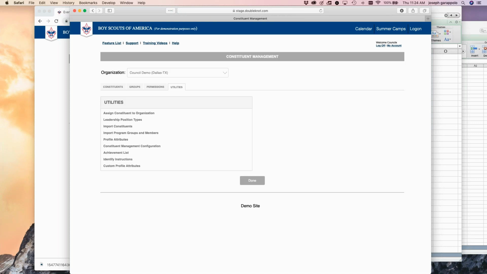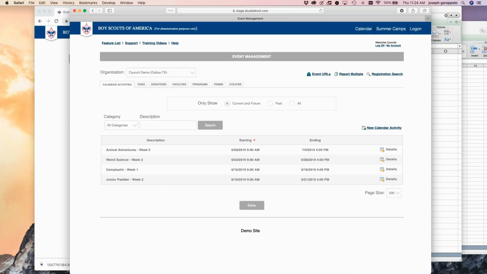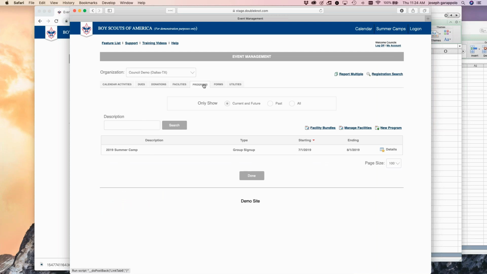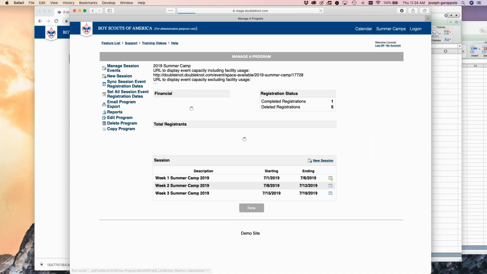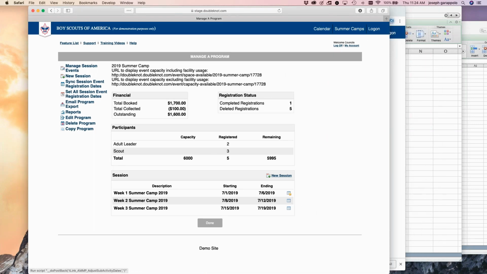Let me go and show you a few other things as it relates to the configuration and what this means. So let's go into event management. From event management, I'm going to click on my programs. I see my 2019 summer camp. And what I am going to do is just go over a few different things here. We recommend that prior to going live with your programs, especially before you allow them to sign up for the merit badge classes, you just go through and sync